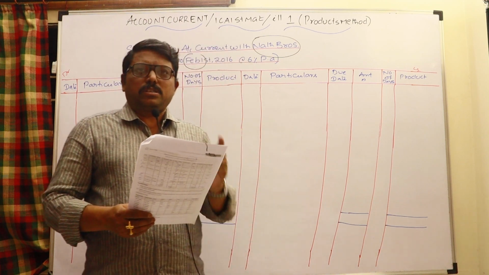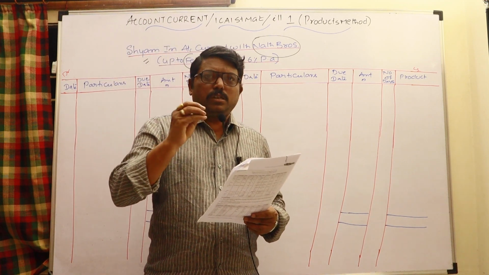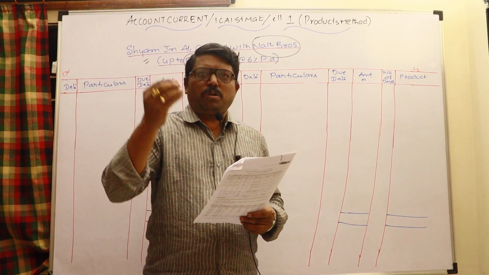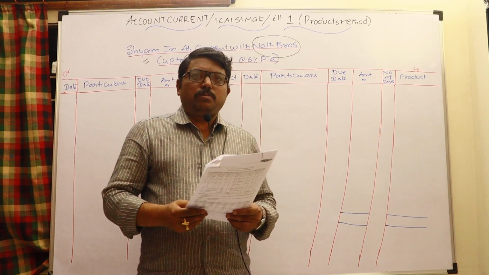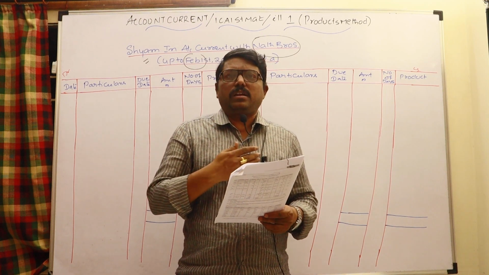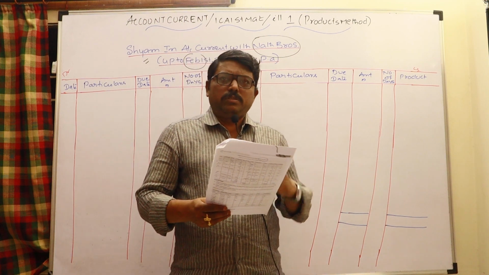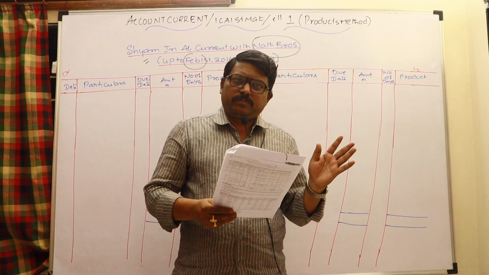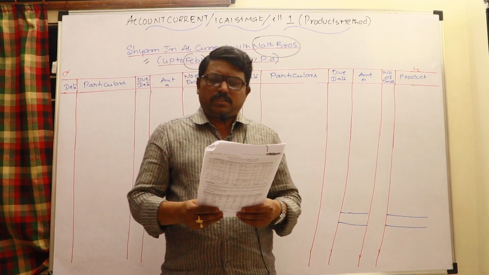In the interest table method, we need to calculate interest for every transaction if interest tables are not provided. If interest tables are provided, you can just look at the table and write accordingly. In the interest table method we have to calculate the interest for every transaction, whereas in the products method we need to calculate interest only once, straight away on the balance of products. From the examination point of view also, the products method is very important.